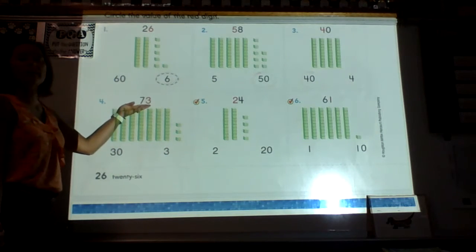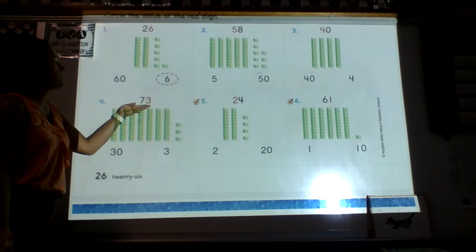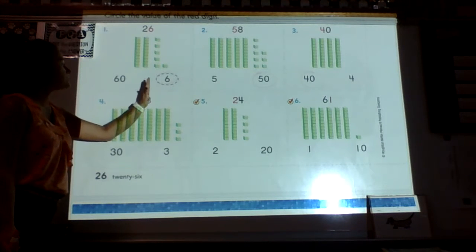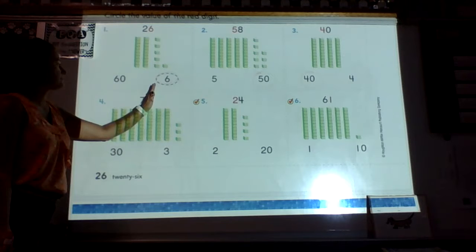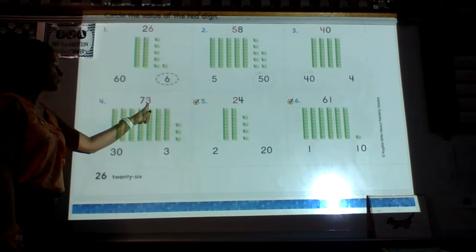Here I identify the number 73. I know this is the tens place and this is the ones place. The 3